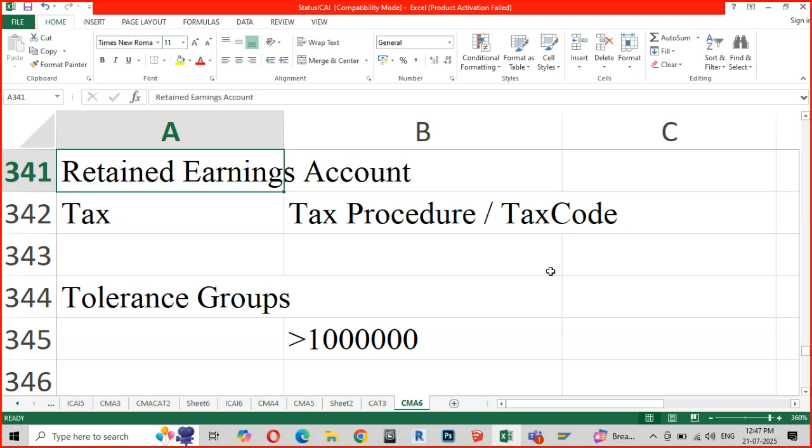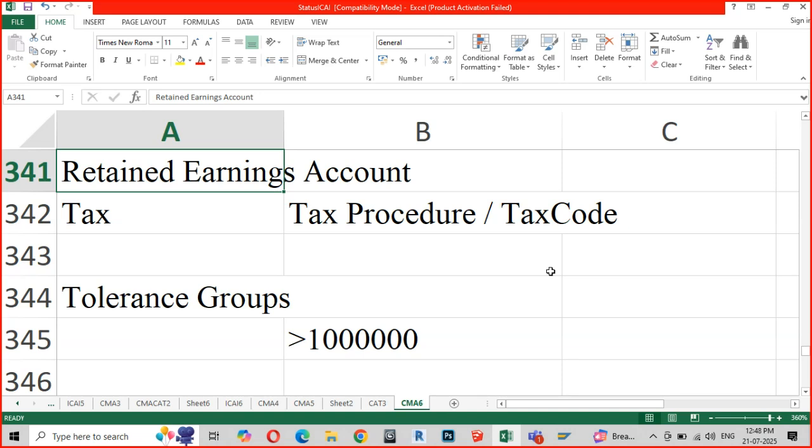Clear? Incidentally, this is one of the very first general ledger accounts which gets created within the chart of accounts. See how beautifully the system is designed. The system will not allow you to create any other general ledger account without first creating this one.